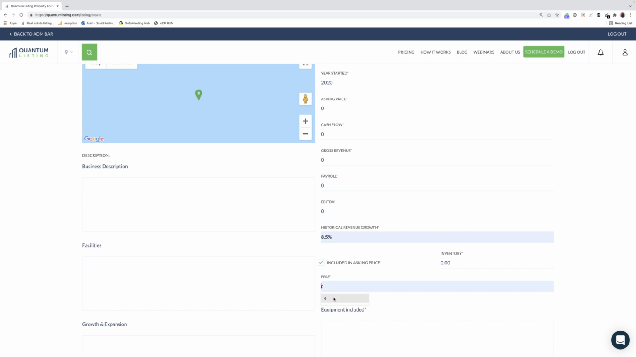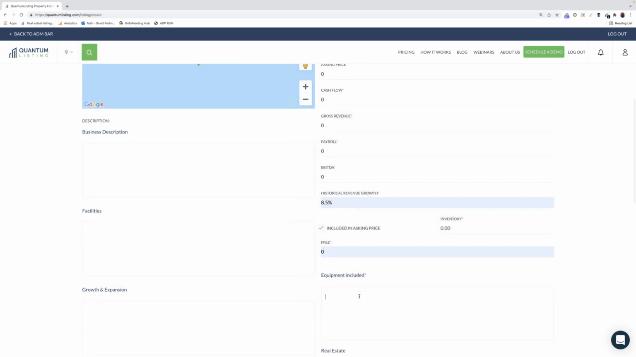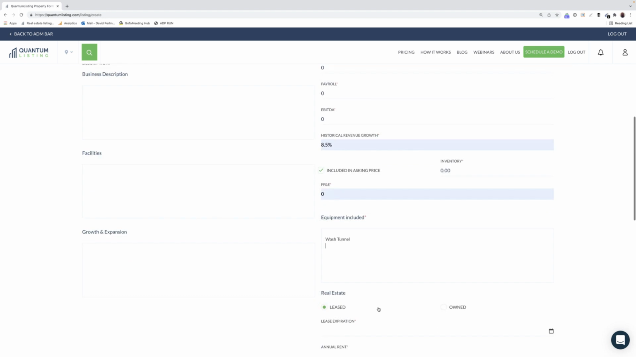FF&E, you can put 0 or a number there. And the equipment that is included, if nothing is included, you put none or nothing, or you're going to say, let's say the wash tunnel is included, and an air. All right, we'll just leave it at a wash tunnel for now,